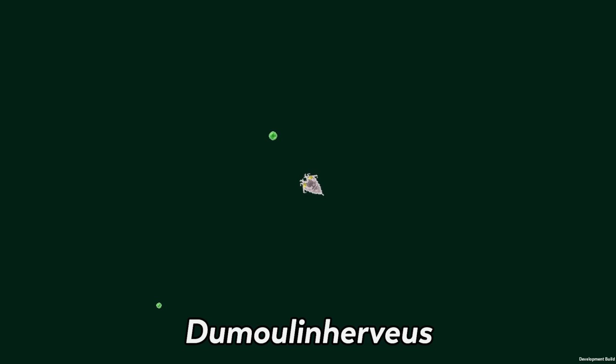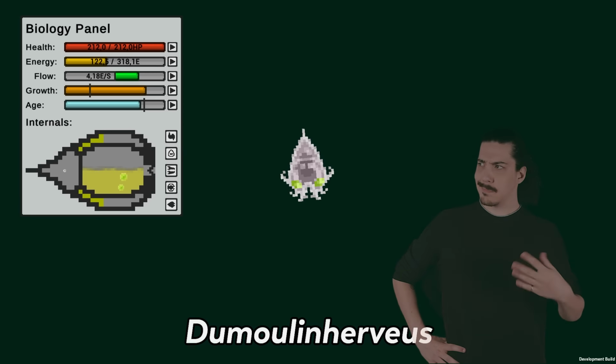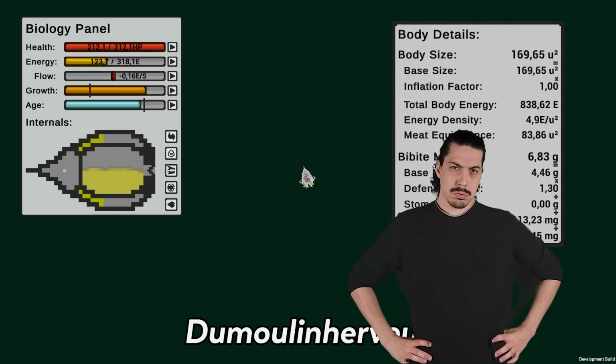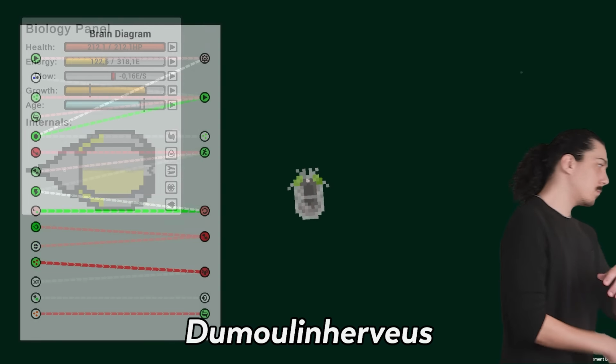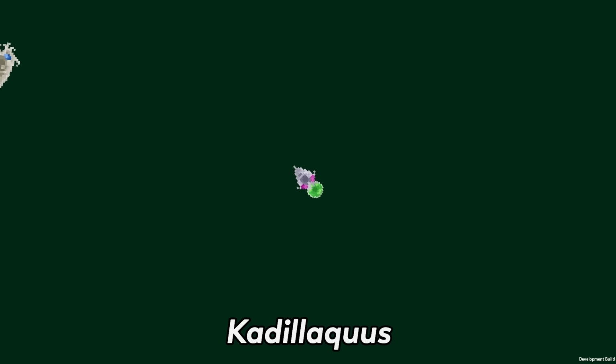They are an ultimate display of efficiency and longevity, with some individuals living longer than a full day. During their long life, they can grow to be as big as 7 grams, which again doesn't sound like much, but you're not a Bibite, so yeah. Their brains are highly optimized with a minimal number of connections, preserving only the most useful behaviors for living in the land of scarcity. The blue lineage, named Cadillacus, populates the middle zones from 3 to 5.